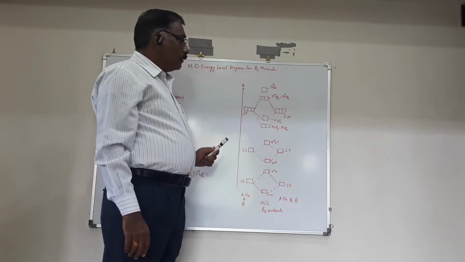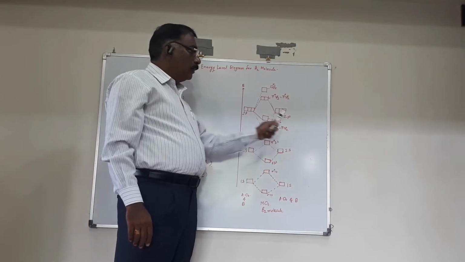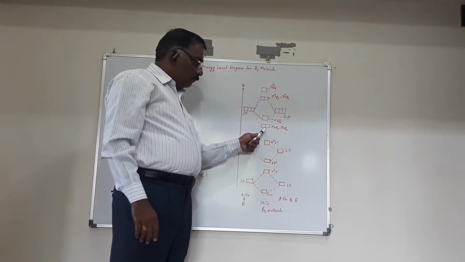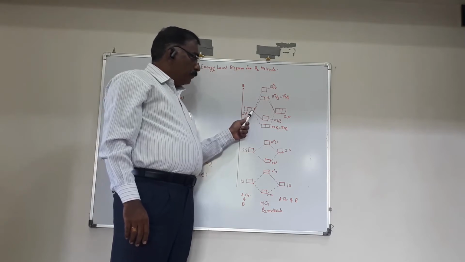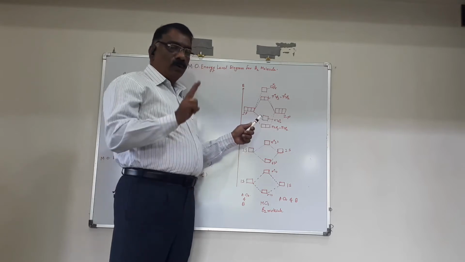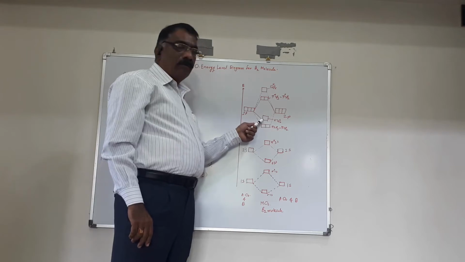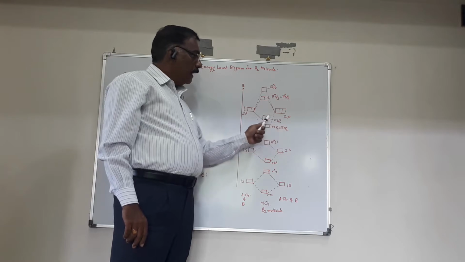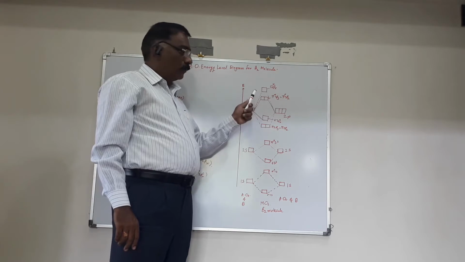Then we are going to see the combination of the 2p orbital of the first boron and the 2p orbital of the second boron. When they get combined, there are molecular orbitals. The 2px orbital of the first boron and the 2px orbital of the second boron will be combined. Two orbitals get combined, and there is formation of one bonding molecular orbital, which is sigma 2px, and another one, the sigma star 2px, which is the antibonding molecular orbital.